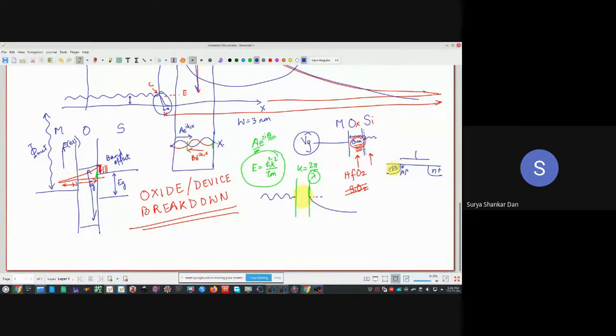So in case of a MOSFET, there are two things which will determine the current. One is the availability of the free carriers. In quantum mechanics, we have been telling this is basically A mod square. This is the availability of free carriers. Now, whether these free carriers will be able to move towards the drain or not is a function of the VDS voltage. With that VDS voltage, you add this h cross k by m. So this will give you the probability that these available carriers are able to move. Correct? Drift diffusion we will learn in much more detail later.